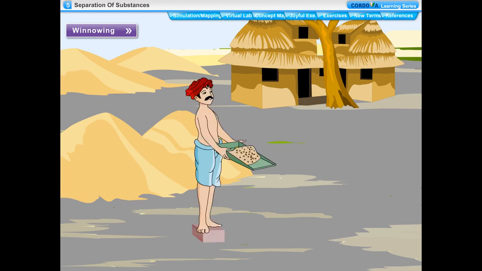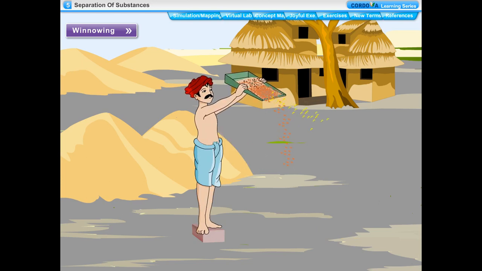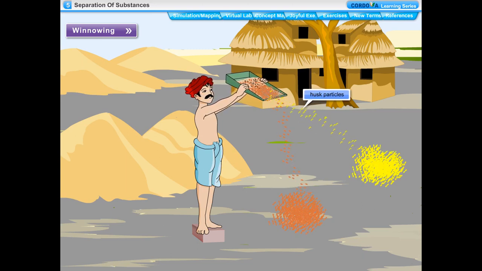In this process, the farmer takes a mixture of wheat grains and husk in a winnowing basket. He stands at a higher platform from the ground and allows the mixture to fall down from a height by shaking the winnowing basket continuously. The wheat grains, being heavy, fall down vertically on the ground and form a heap. The husk particles, being lighter, are carried away by the wind, so the husk forms a separate heap